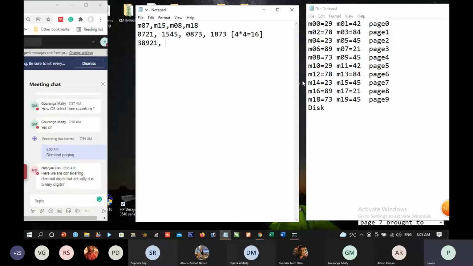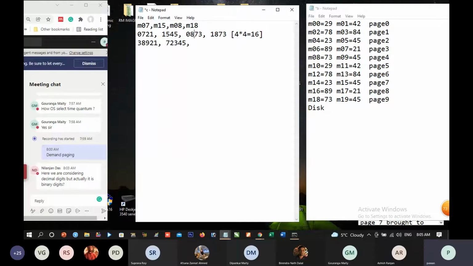Page 7 is 2345. And so 7 is covered and 8 is covered. Where is 7? 7 is this and 8 is this. Okay. 7 is there and 8 is there.